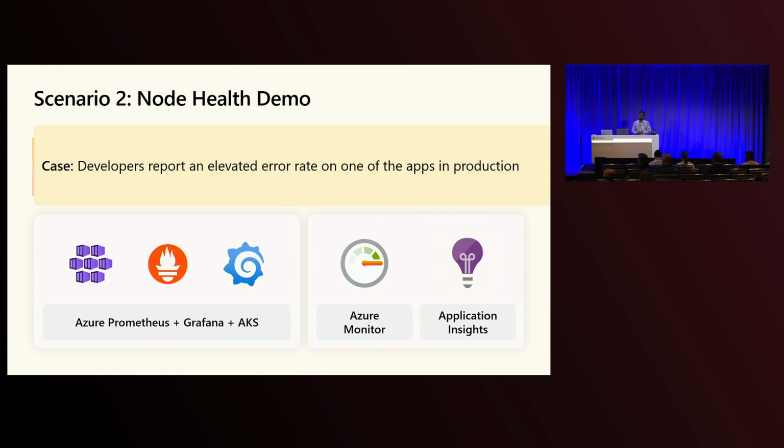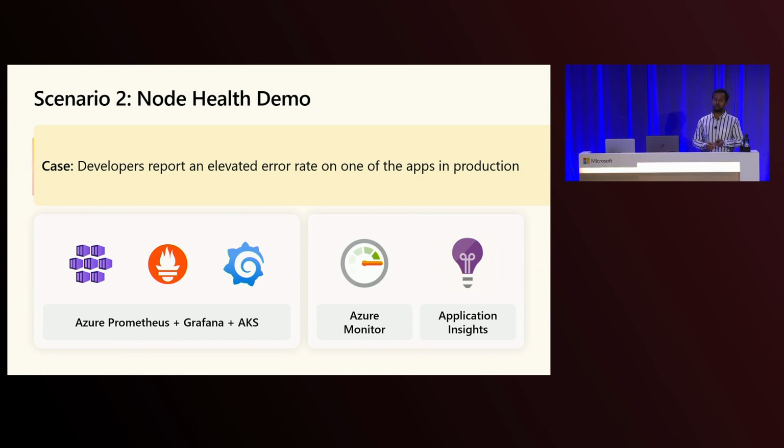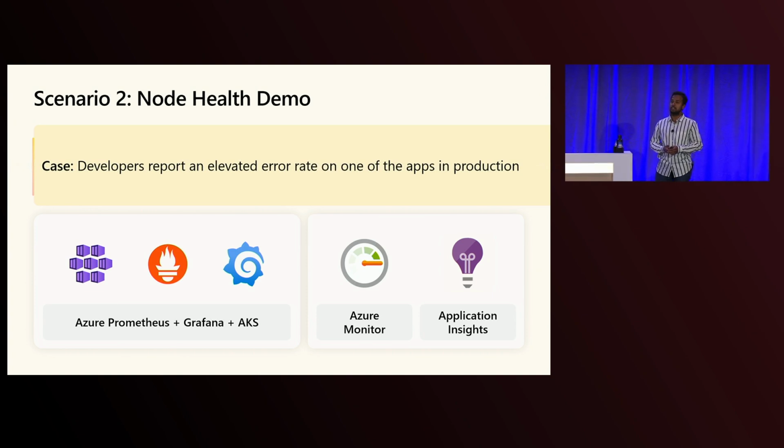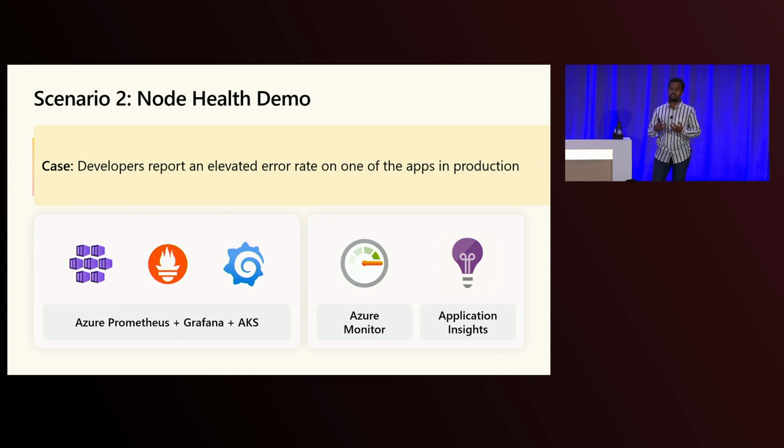Here we have some of the developers reporting that they see high error rates on one of the production apps. They see that the latency on some of the calls is high, and we want to figure out what's going on. Particularly, we'll also show how we use Application Insights here. Turns out that we have auto-instrumented the code. What that means is, without adding any custom instrumentation, we have all of the traces, metrics, and logs from the app layer. So one of the suggestions here is to always start debugging from the point of applications and from SLOs, and then go down to whatever could be the root cause. It could be at the app layer, it could be the infra layer, but it's important to start at the apps.